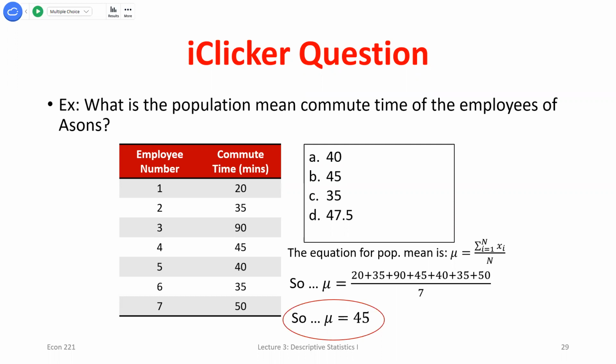So think about what we're trying to do. We're trying to find the middle part of this data set, the middle value. Why can I rule this out? Yeah, right. That value is greater than the maximum. I know my mean has to be somewhere between the minimum and maximum. So here it has to be somewhere between 20 and 90.